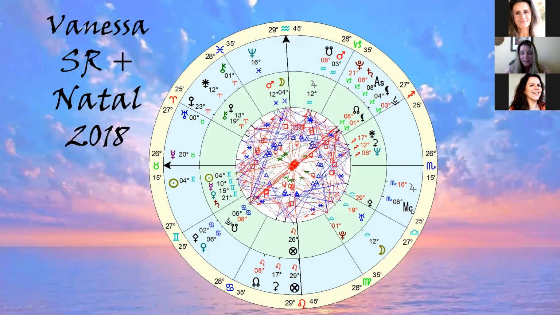Okay. So basically in the solar return, we could speak to Vanessa about the coming year and about the work that she would probably be taking on. Because of the importance of it being so close to the ascendant, it would be a year that would remind her that it would be a year of hard work. And it could be a year of feeling restricted in some places because there's so much work to do, and how that would make her feel. So that would be something that would be discussed in the solar return discussion.